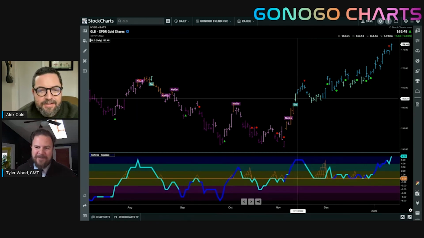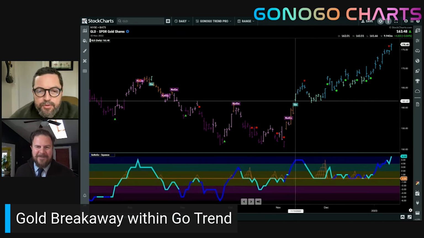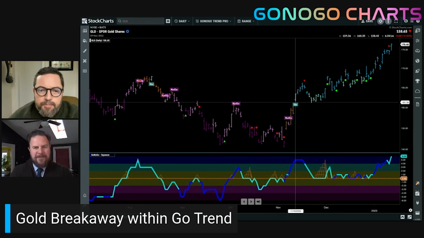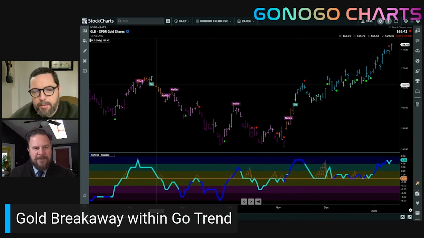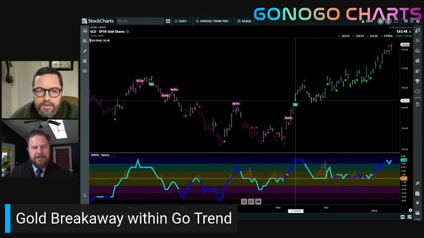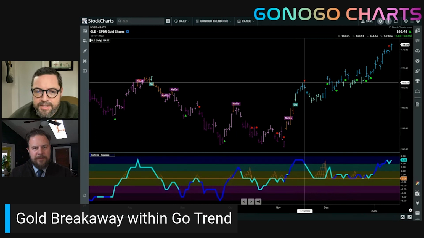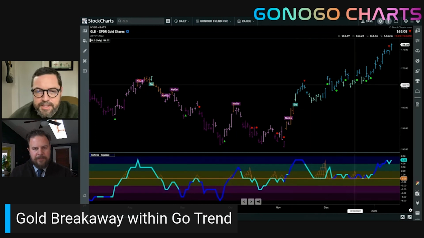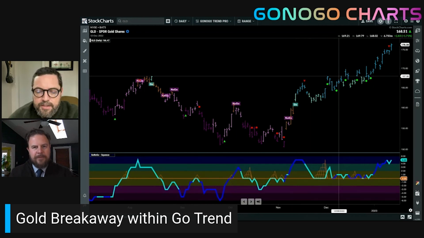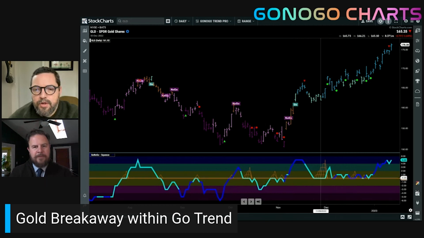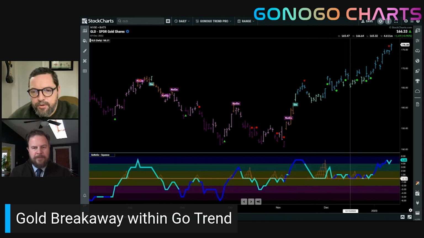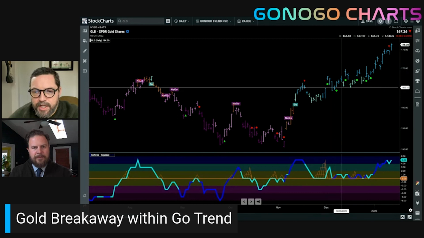Yeah, about 2 or 3 months now, we've seen this persist. We saw gold try a couple of times, but never persist, never continue like it has this time. And if you've been watching us or if you follow us, we really look to this zero line to provide support when in a trend. And you can see how as the go was sort of struggling and going mostly sideways and really trying to hold on to those go colors, we saw continued support at the zero line, go trend continuation icon after go trend continuation icon,